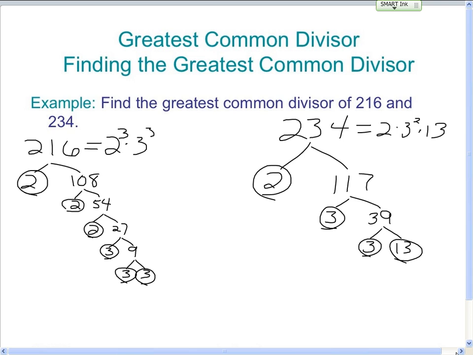All right, now, here's where we actually find the greatest common divisor. So what we do is we look at the factors of the prime factorization. So 216 has a 2, 234 has a 2, so they both have 2's. So I need at least a 2 to some power. Greatest common divisor. And they both have 3's. They do not both have 13, so I'm not going to use a 13. Now we have to check to see what power we're going to raise the 2 and the 3. What we're looking for is the